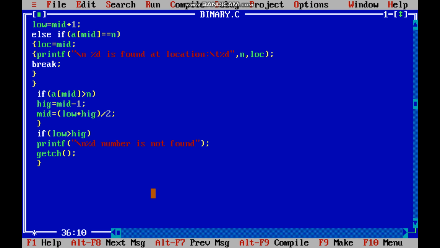As I told you earlier in the program, if there is any element in the list, it must be in the array. So let's check it out. Now I'm entering the list in ascending order. I print the message, enter 10 elements in ascending order. So 1, 2, 3, 4, 5, 6, 7, 8, 9 and 10.